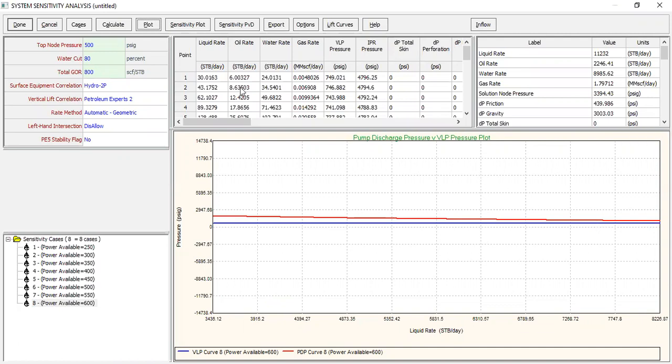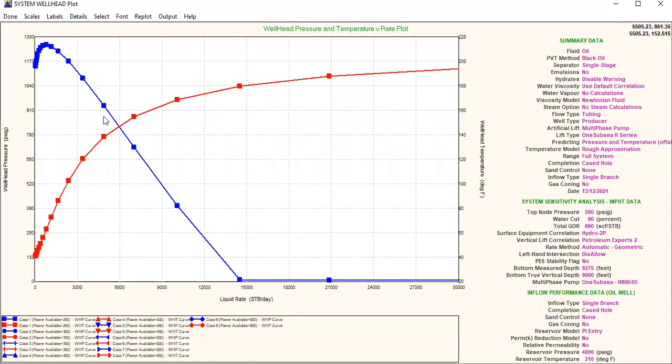Please be careful because now we are playing on the surface. On the surface you have the wellhead and the multiphase pump. At that point, we do the nodal analysis, not at the bottom hole as we usually do. You can also plot the wellhead plot. So now we have wellhead pressure and this one